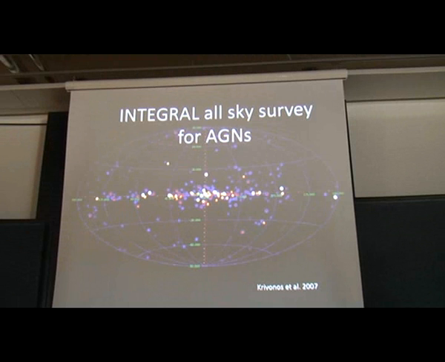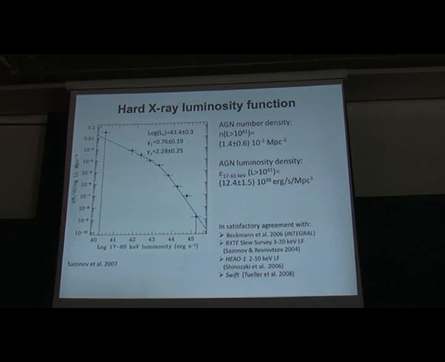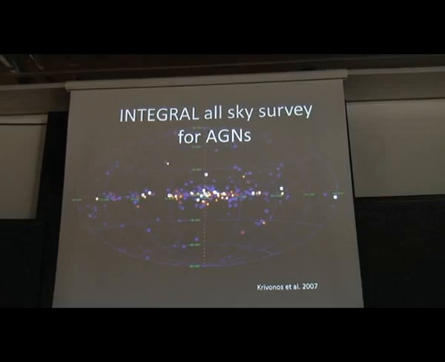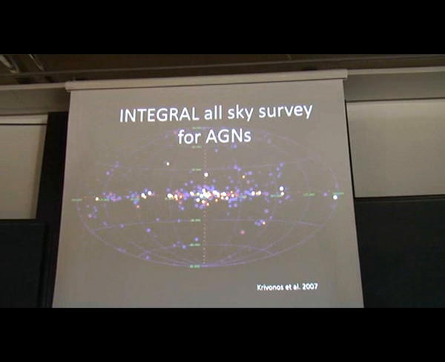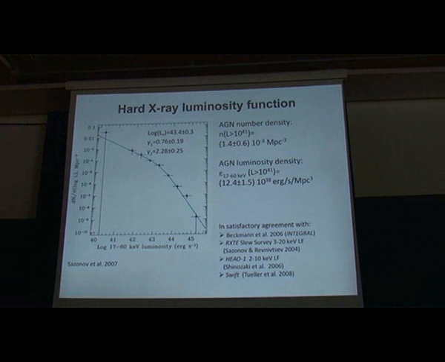Okay, INTEGRAL was also used several times in the study of statistics of the local universe, and in particular statistics of AGNs in the local universe. One of the immediate things that you can extract from the whole sky, and you see that this is an image of the whole sky with INTEGRAL, and here we have almost 100 or a bit more than 100 AGNs. And from this number of AGNs we construct a luminosity function.